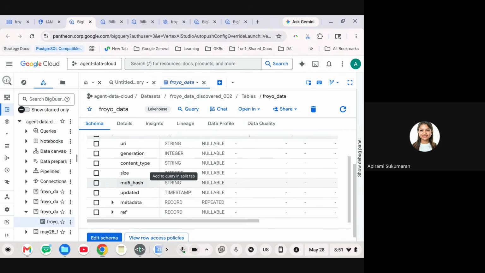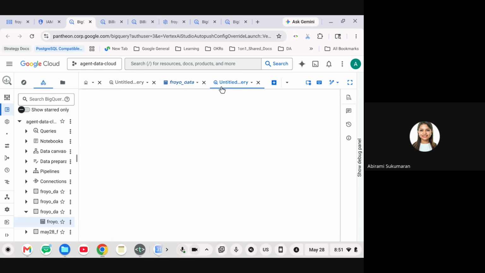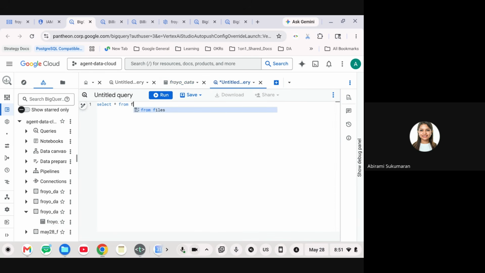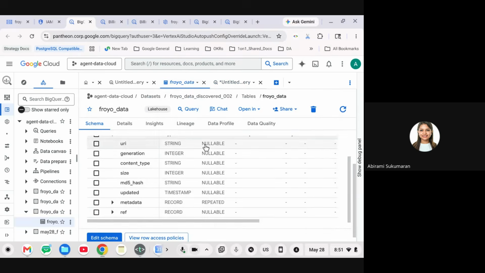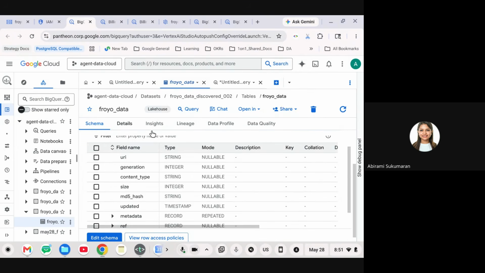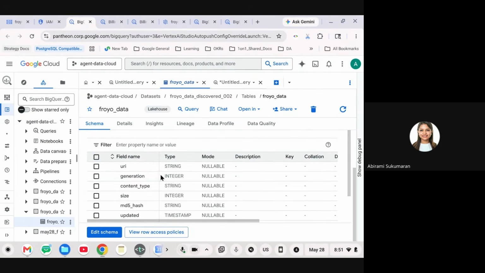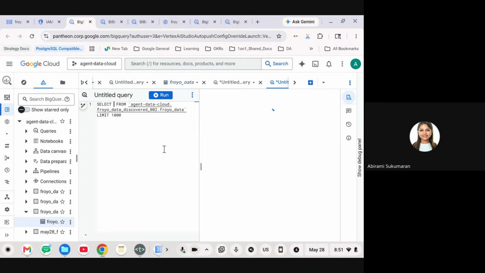Now, this used to be the scenario before AI or LLM, before the next launch. What happens now is what you're going to do right now. Because if you run this query right now, you will not be able to understand much. You can try. You can do select star from, let me just query from here. Just right click this table, go to query.